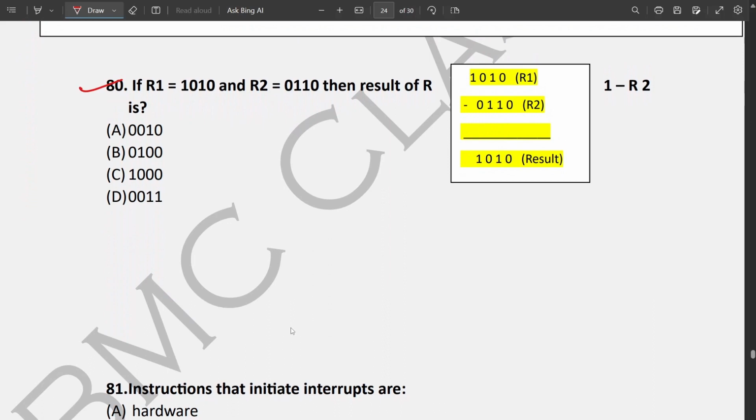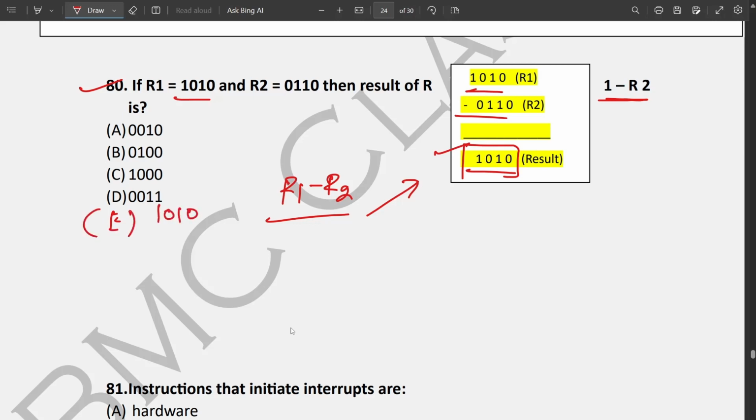If R1 is equal to 1010 and R2 is equal to 0110, the question was the result of R1 minus R2. And you can see here, this is R1, this is my R2, and when we subtract it, the result is 1010. There is no option like this, so we have to put another option, E, 1010, this. Next,